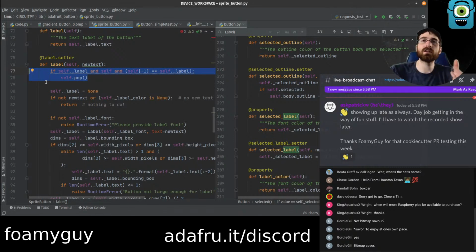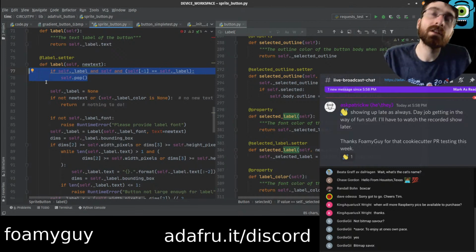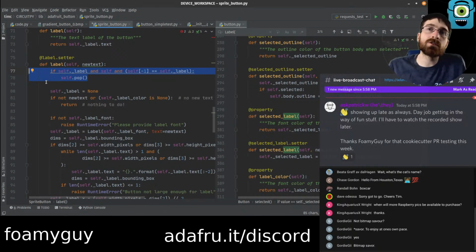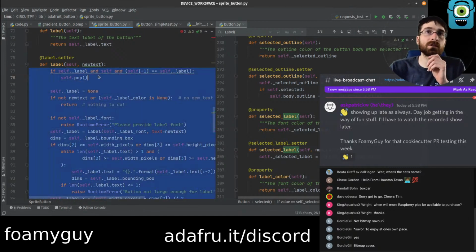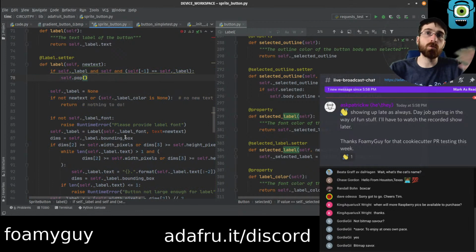If you created a label with a certain number of characters initially, you couldn't set it to a new string with more characters in it. That was just a restriction. That's probably why this was done. So they threw away the original label and created a new one with the new string.